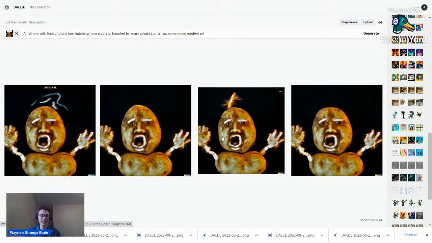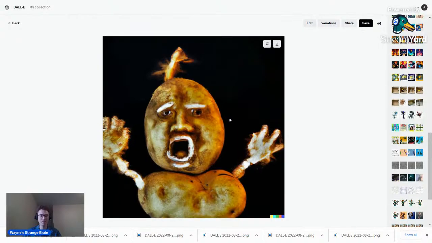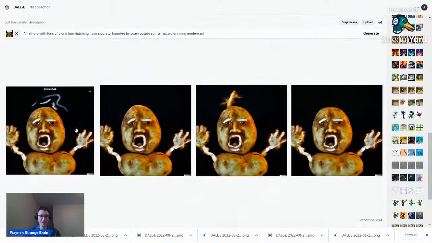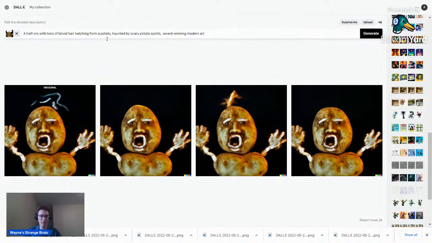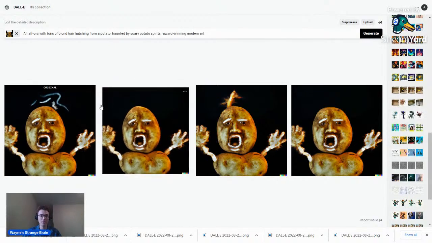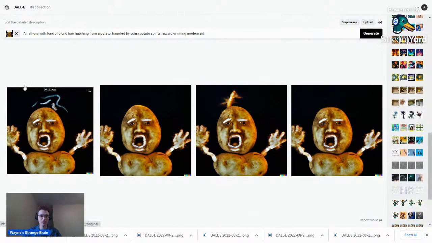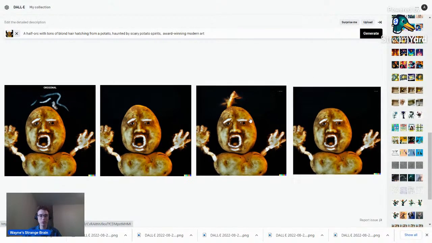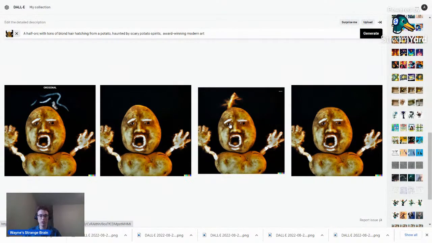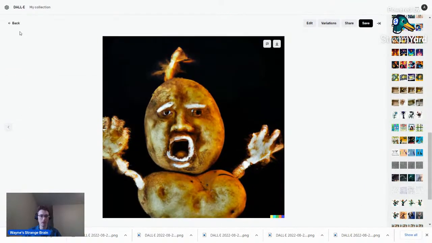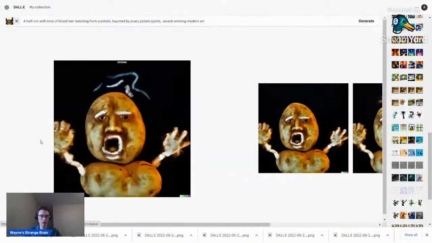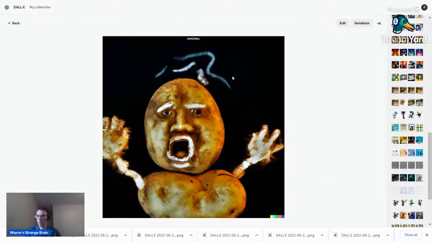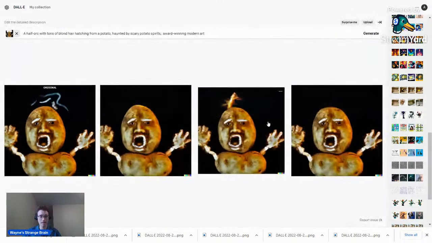Huh. It really didn't do it. Maybe because most of the image was already the half orc potato thing. Plus it didn't really fit in with the rest of the scene. It's remarkably close to the original. Failed experiment. How about that?